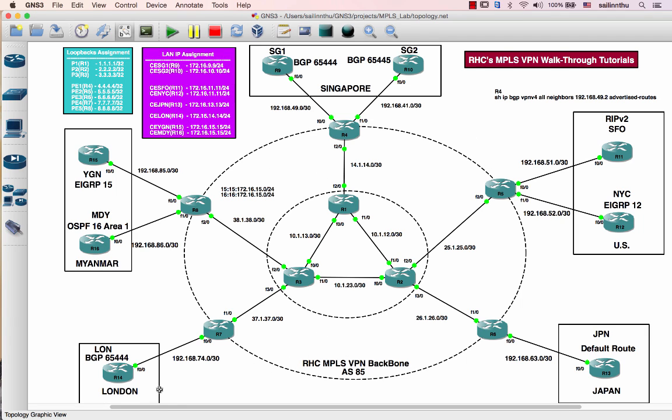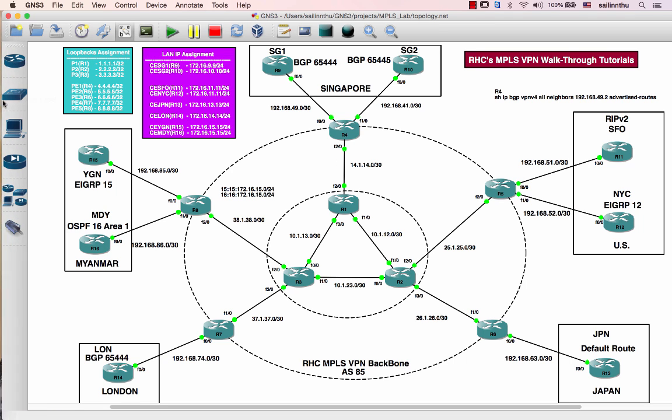So we can see these two as eBGP relationships. So we don't need to redistribute routes from here. In here, we need the redistribution because we're running static route here, and we are running BGP here. So we need to redistribute these static routes into the BGP, and